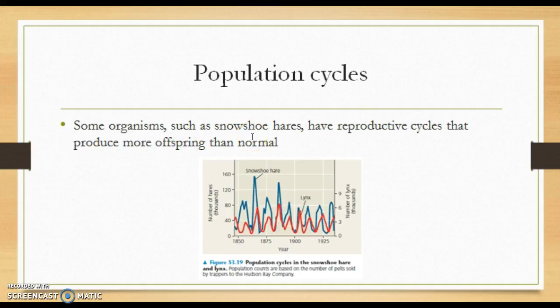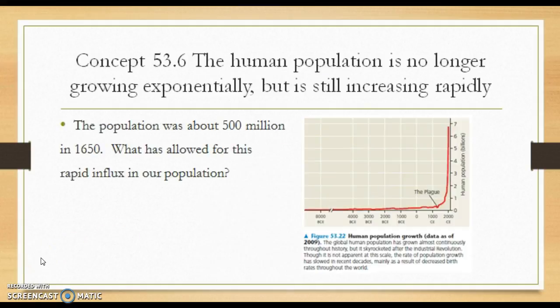And it's quite cyclical. It happens about once every 10 years like clockwork. These reproductive cycles are called population cycles, and they do keep a dynamic population. And our last section is looking at the human population and its pattern of growth, which has been exponential, as